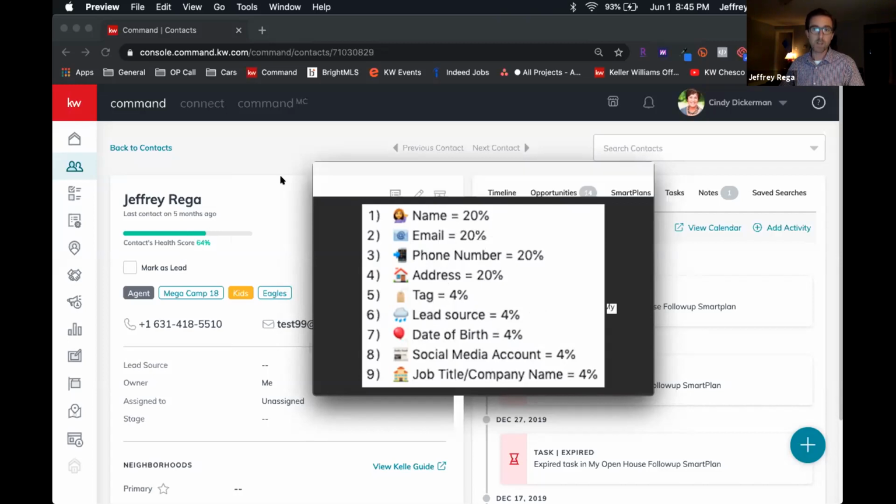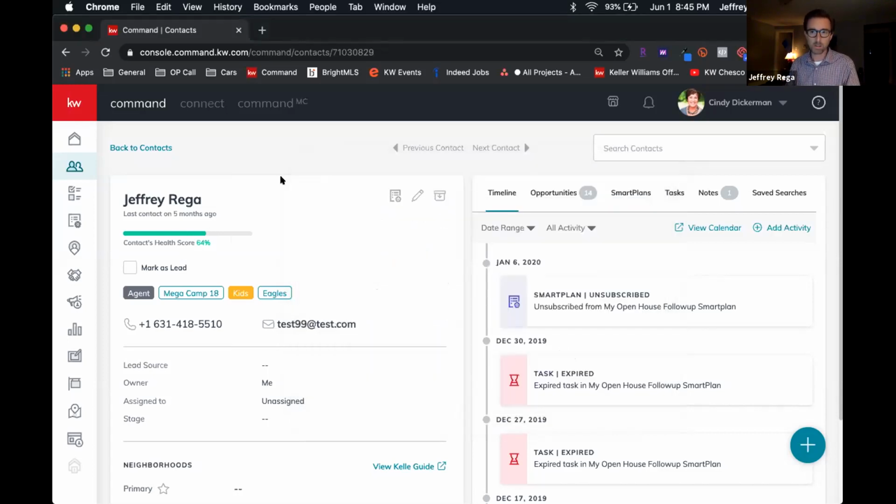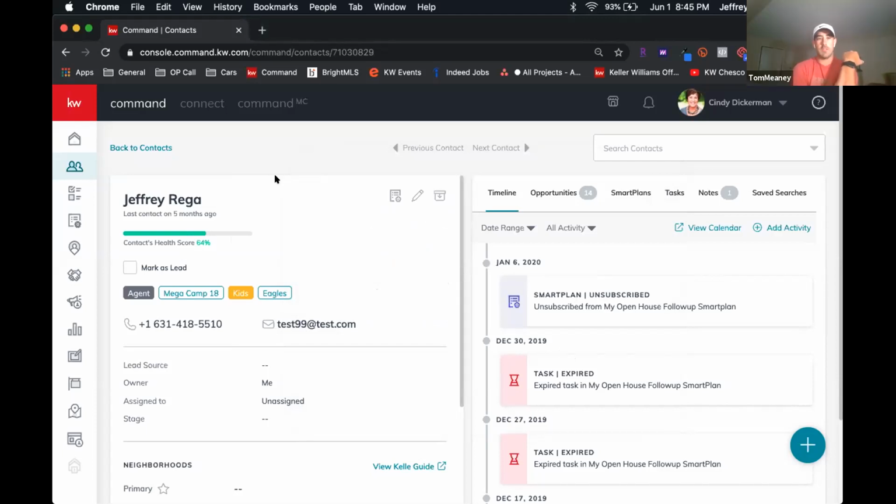Tom, did you want to add a little bit about that? I know you mentioned you wanted to talk about that. Yeah, so I think 100% is something that you would want to strive for, but if you really break it down, I don't think it's as important to get to 100% by adding those little 4% pieces. I mean, that can be useful at some point while you have them in your database, but I think what you really want to focus on is getting to a number that you're comfortable with,